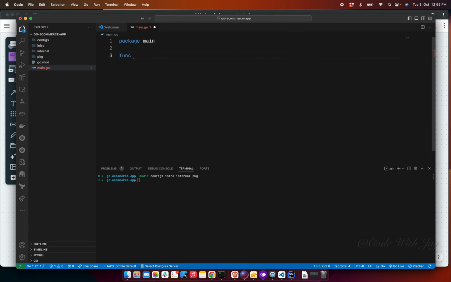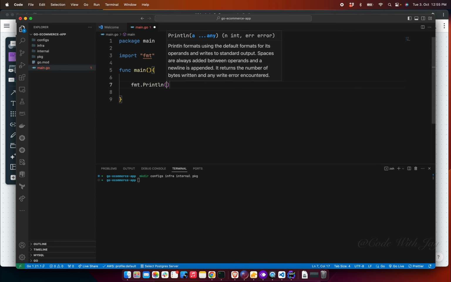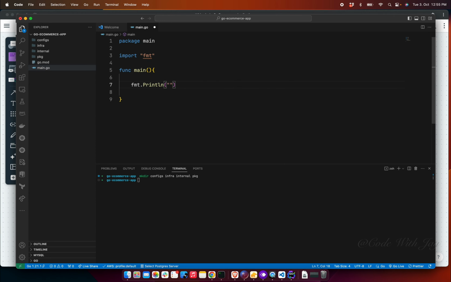So there's going to be func main, right? And here we can say fmt.Println, a main function. All right, so we are going to deep dive a little bit into the Go convention and